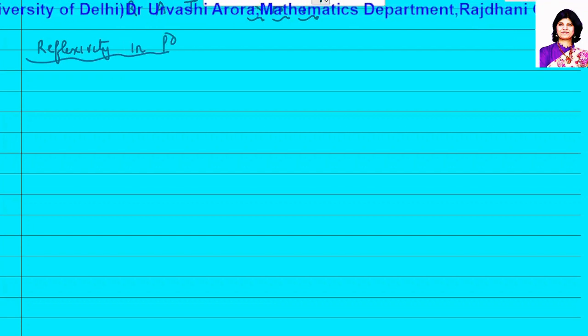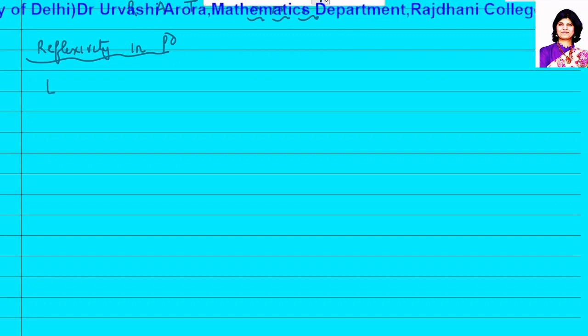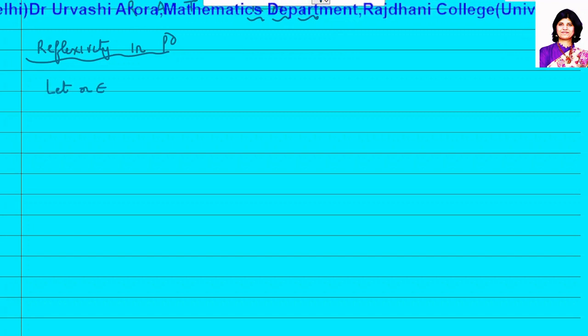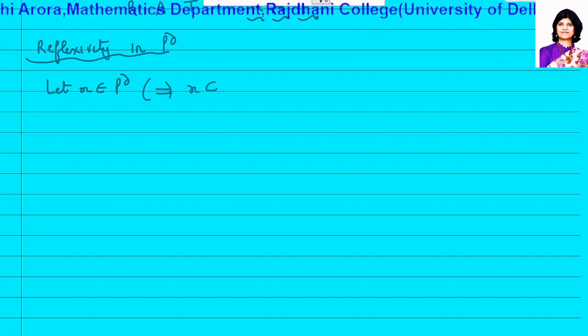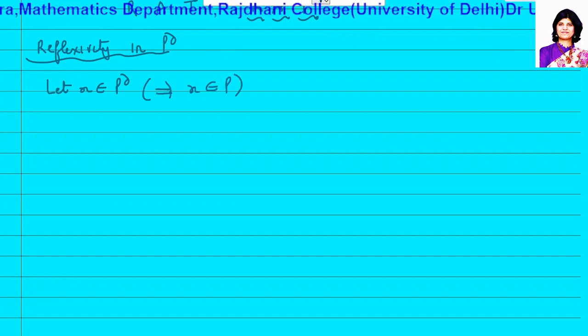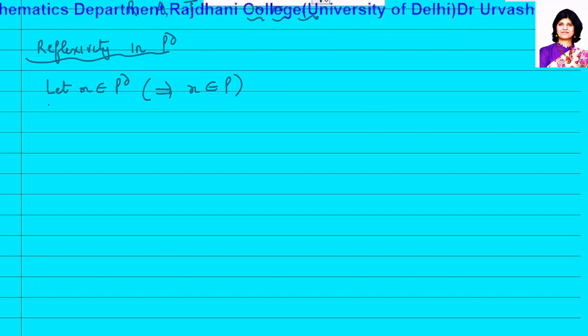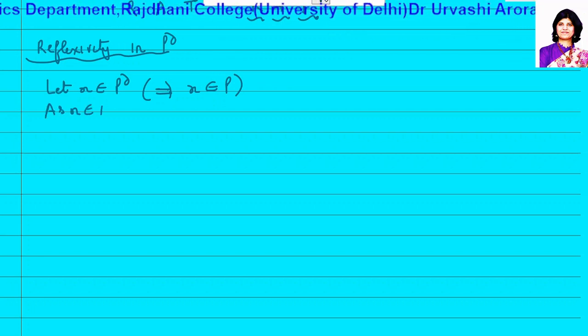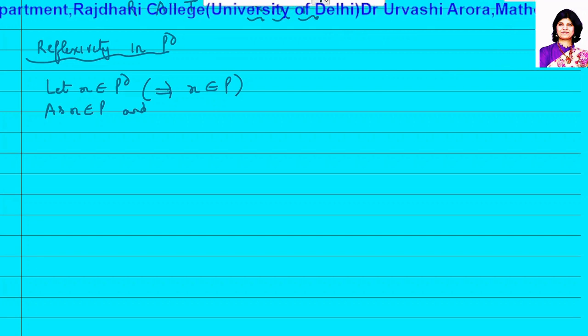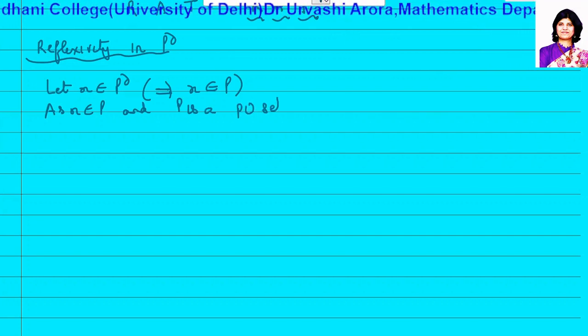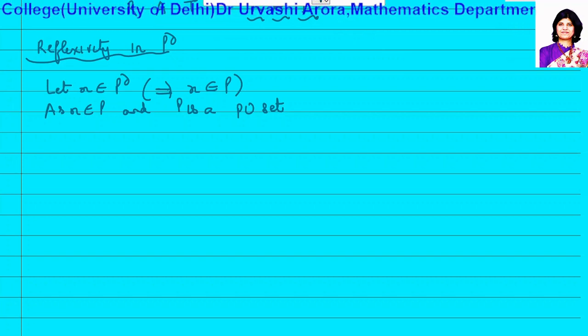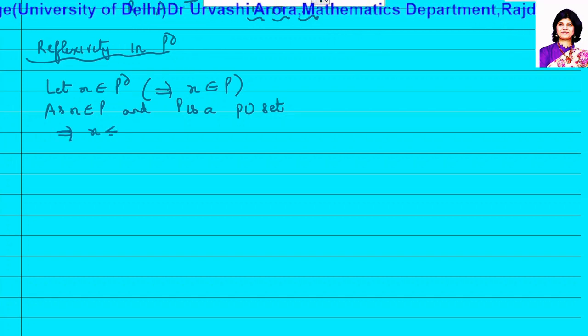Now for showing reflexivity in P dual, let me take some element x belonging to P dual. Of course, because x belongs to P dual, this implies that x belongs to P, because the elements of P and P dual are the same. Now as x belongs to P, and we know that P is a PO set, reflexivity holds in P,